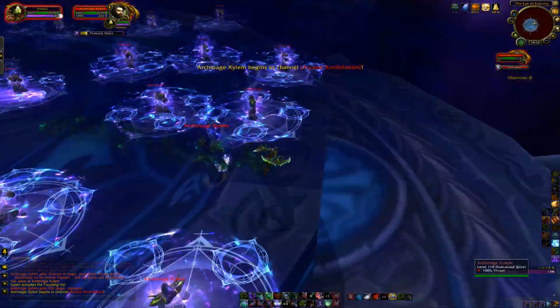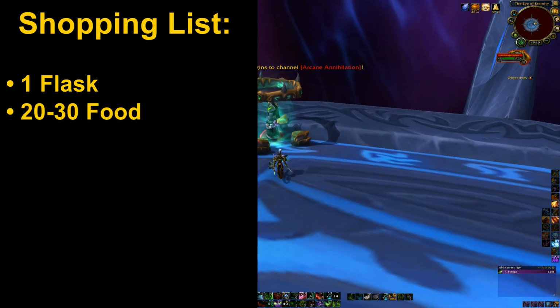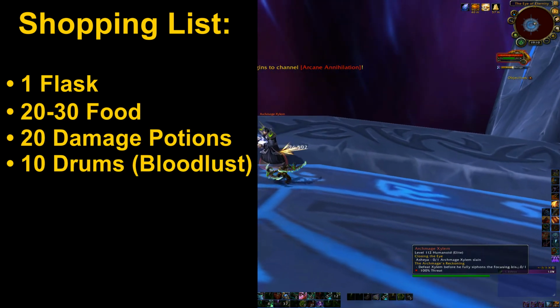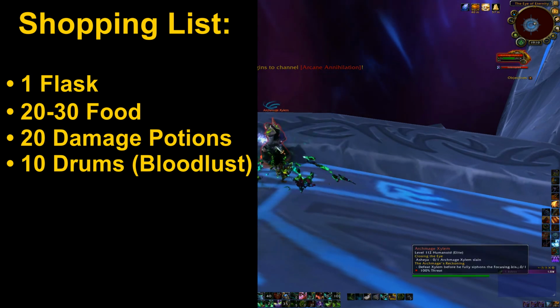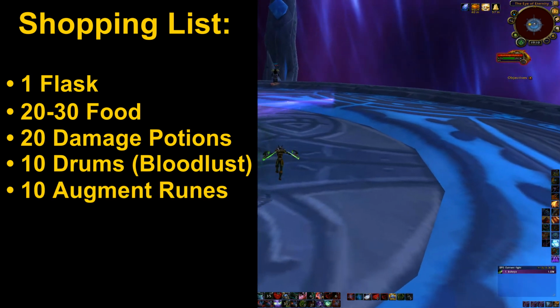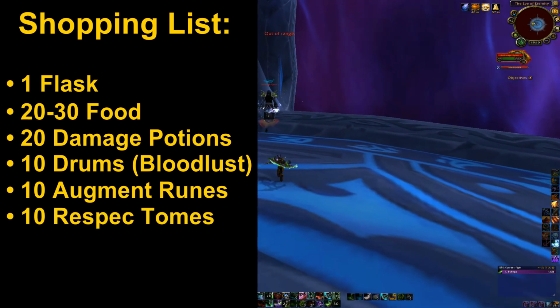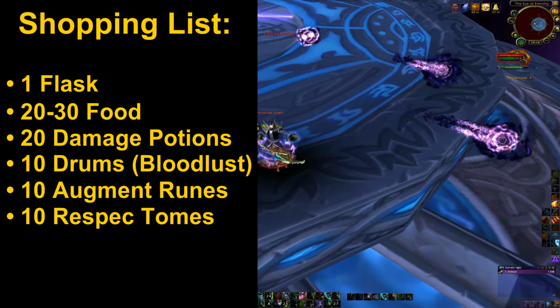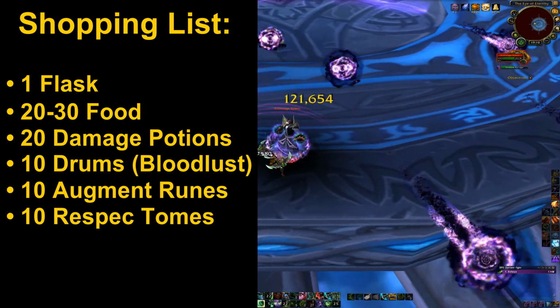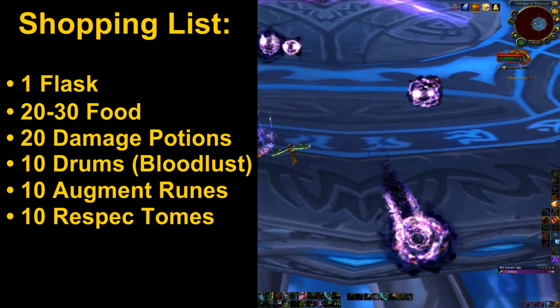I would personally recommend going with 1 flask, about 20 to 30 food, 20 damage potions, 10 Drums of the Mountain if you're a class that has no access to Bloodlust, Heroism or Time Warp, 10 Defiled Augment runes to slightly boost your damage, and 10 Tomes of the Tranquil Mind which you will need for the later portion of the fight. The reason for this is that the first phase, the actual fight versus Archmage Xylem, does not require